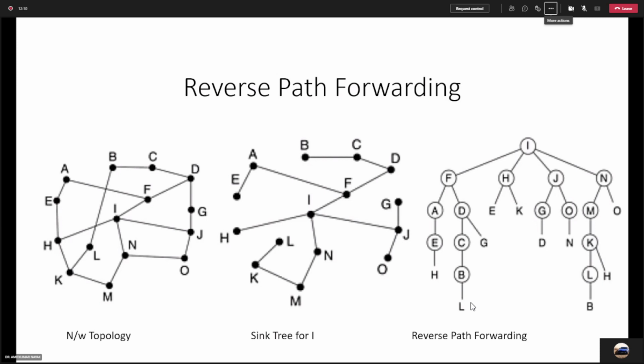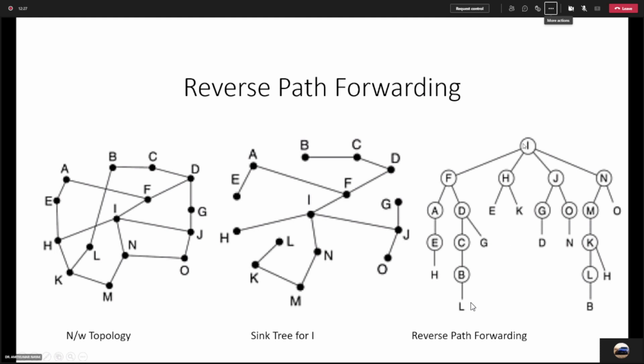So you can create the sink tree for I, and you can construct the tree for router I. If you focus on the rightmost tree structure, this is known as reverse path forwarding.